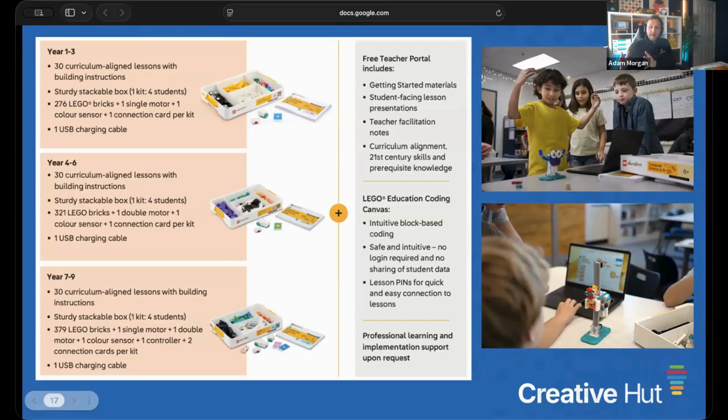And then to complement that, we have the free teachers portal, which is where all of the lesson material is housed. It's your teacher's one-stop shop for accessing all of the lesson plans, the lesson presentations, the notes, and the curriculum alignment as well. And then for the pupils, they've also got this brand new Lego Education coding canvas, which,